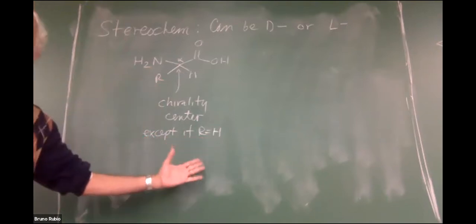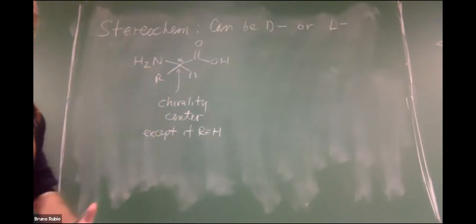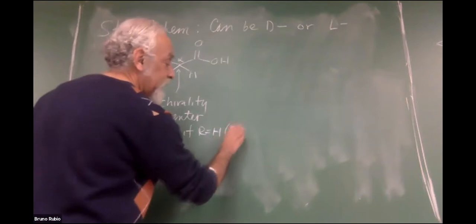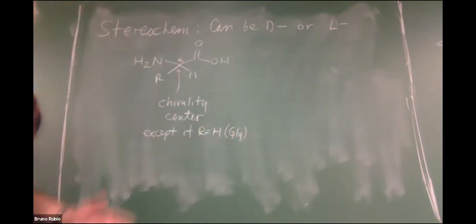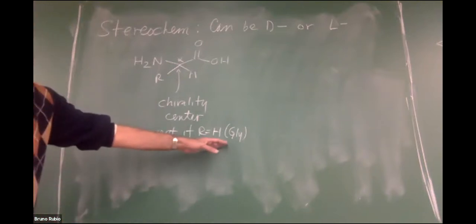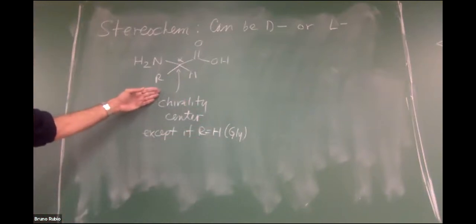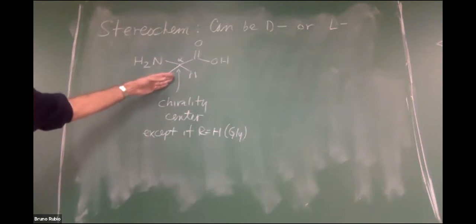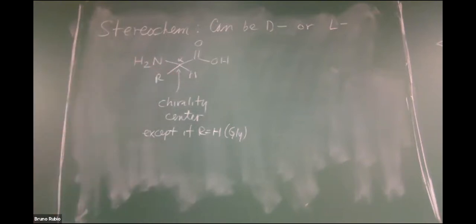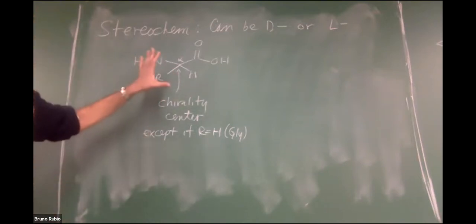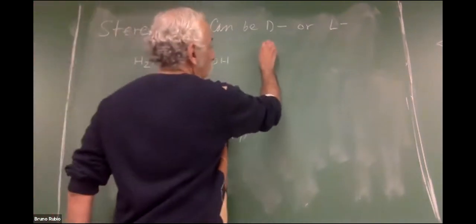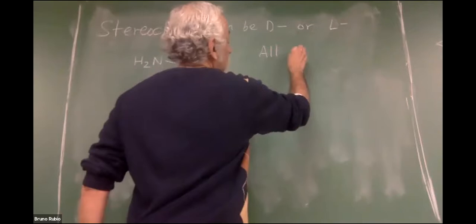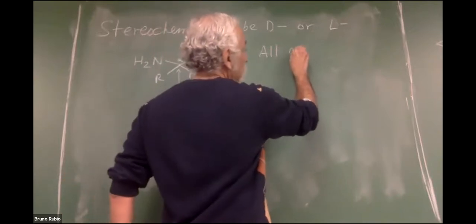And this happens to be the most abundant amino acid, glycine, right? We just went through the relative abundances of the amino acids in protein. The most abundant amino acid in protein is glycine. It's the only amino acid that doesn't have a chirality center at the alpha carbon. And the bottom line is, all amino acids